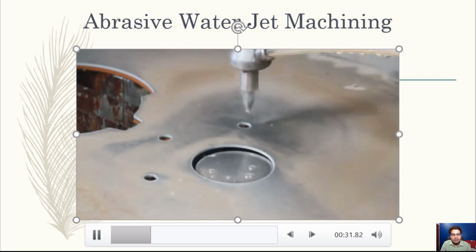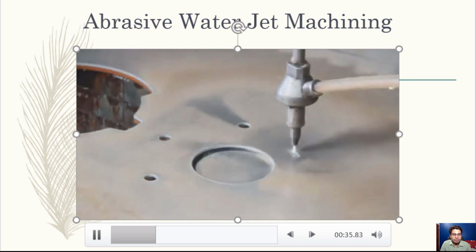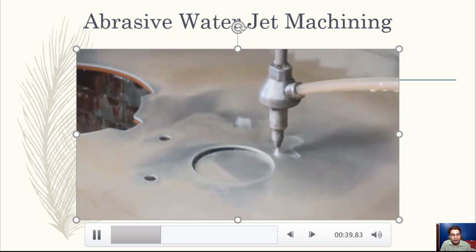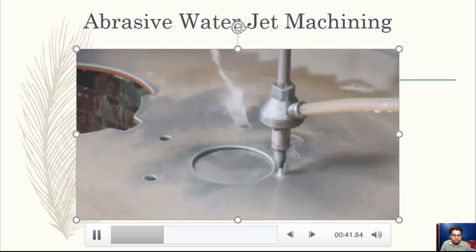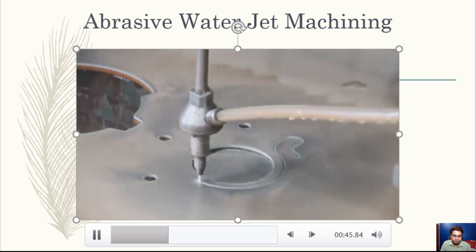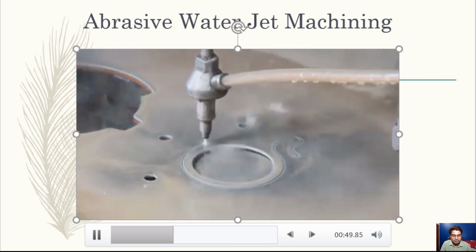We can easily see the control which is achievable by this abrasive water jet machining process is much more superior than that of abrasive jet machining. There is a CNC controlled abrasive water jet machining process.